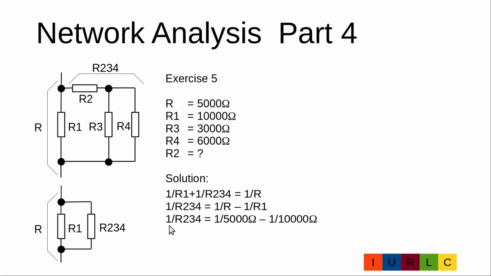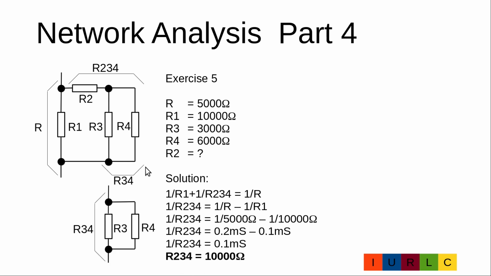With concrete numbers, 1 divided by R234 is 1 divided by 5000 ohm minus 1 divided by 10,000 ohm. 1 divided by R234 is 0.2 millisiemens minus 0.1 millisiemens. 1 divided by R234 is 0.1 millisiemens. With the reciprocal, R234 is 10,000 ohm. In the next step, we calculate the total resistance of R3 and R4 and call it